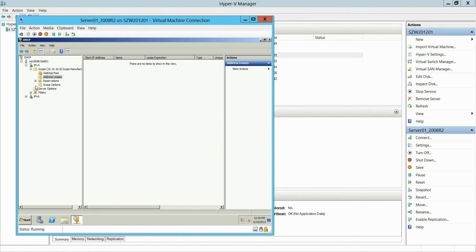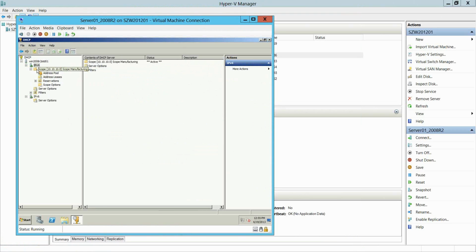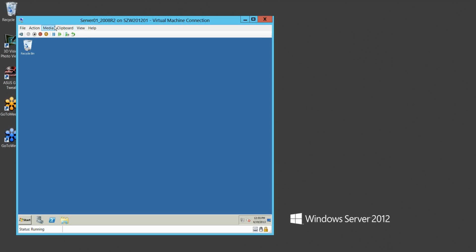I don't have any real leases at this point. Again, it's just kind of a fake type of installation here, if you will. Don't have anything on IPv6. I left that one alone. Note that there's Win 2008 R2 STD 0 listed up there. Now, what I'm going to do is insert my